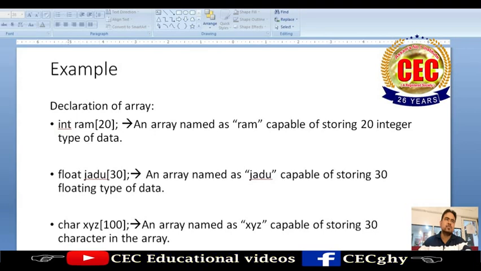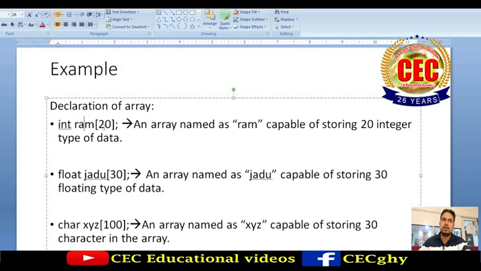Next is an example I am showing here. As I have told you, integer is a data type, then Ram is the array name, then 20 is the length of the array, meaning how many numbers will reside inside the array. That is the array size.